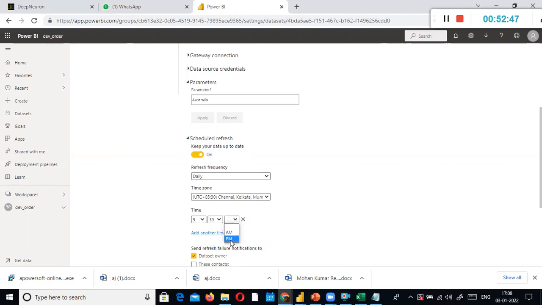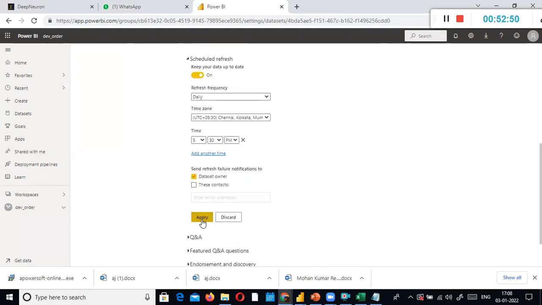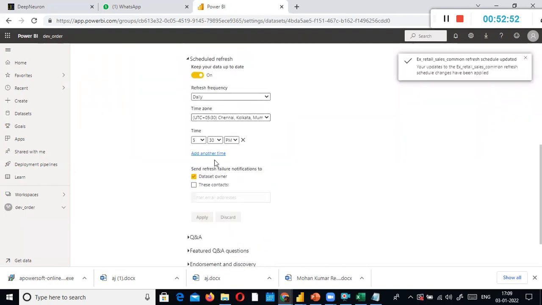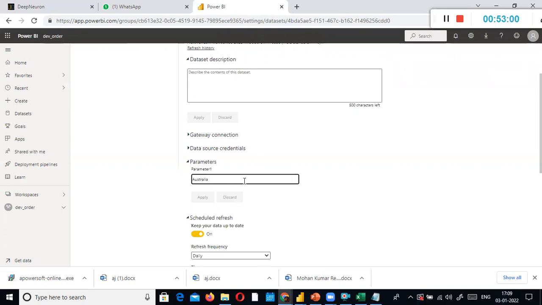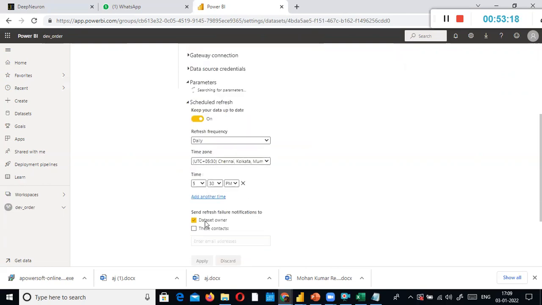5:30, AM or PM, okay? Only when this one gets refreshed, right? So during the time of refresh, this filter will get applied. But just think that as a manager, I just go and type whichever country that I want to view the sales. I just type the country name, that's all. Because for this country, I want to see the sales. For example, if I want to see United States, I'm going to say United States. This filter will get applied at the time of refresh.